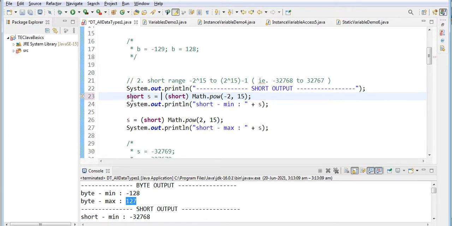So here I am giving short s is equivalent to short of Math.pow. This is the minimum range and this is the maximum range, and the actual values are minus 32,768 to 32,767, because of the minus 1. We'll see what the output is for this.